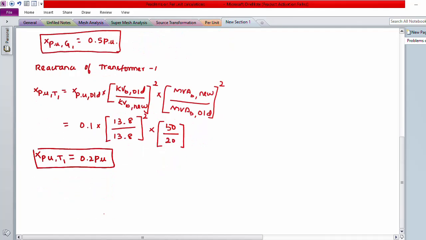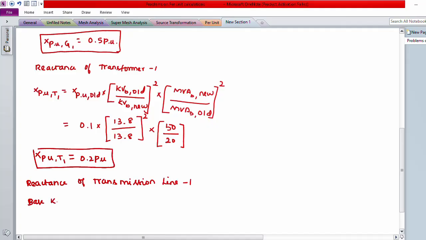Similarly, we have to calculate the reactance of the transmission line. When we calculate the reactance for the transmission line, we have to consider the voltage level. So the transmission line should be connected at the high voltage side. So we have to go for the change in base voltage. So the formula for change in base kV is